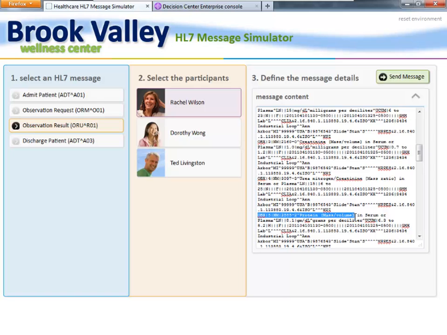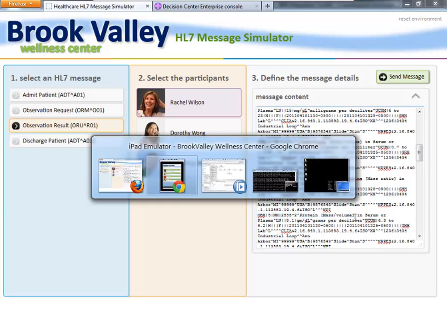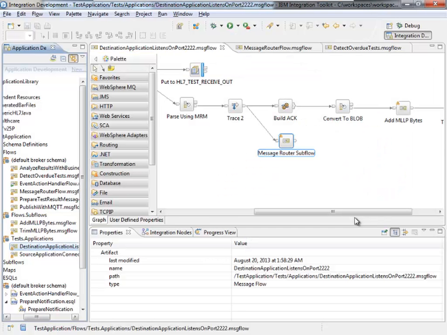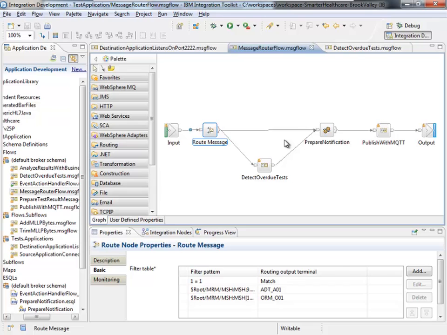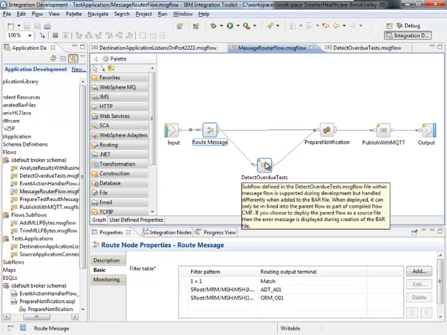So whether levels are outside of a particular range, and even combinations of factors that together might indicate a risk of something. Okay, so right now our flow doesn't do that because we haven't added that particular path through our HL7 processing, so we'll go ahead and do that now. We switch back to our flow. If we double click on our message router subflow, here is where we left it a second ago. So we're detecting our overdue tests, but we're not yet processing or analyzing the test results that we're getting back. So we're not doing anything with those ORU R01 messages.